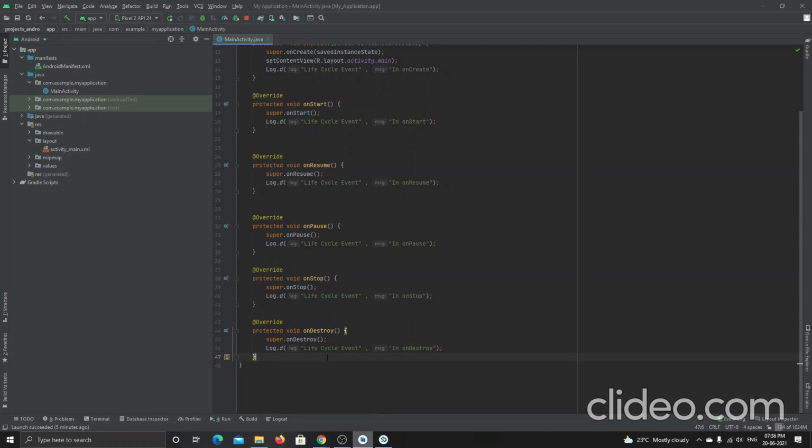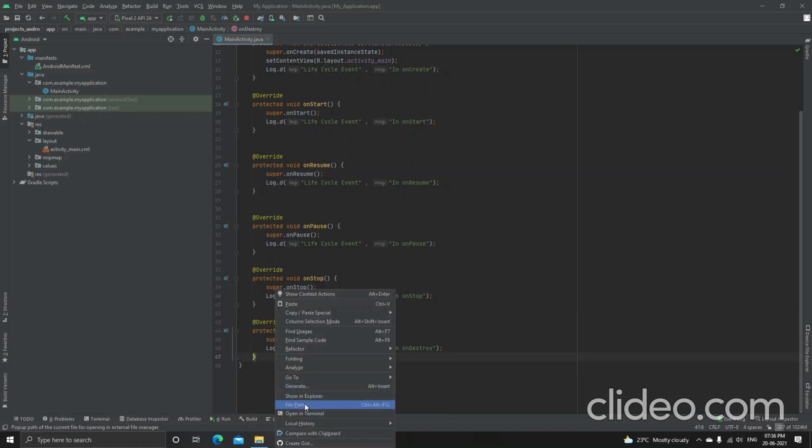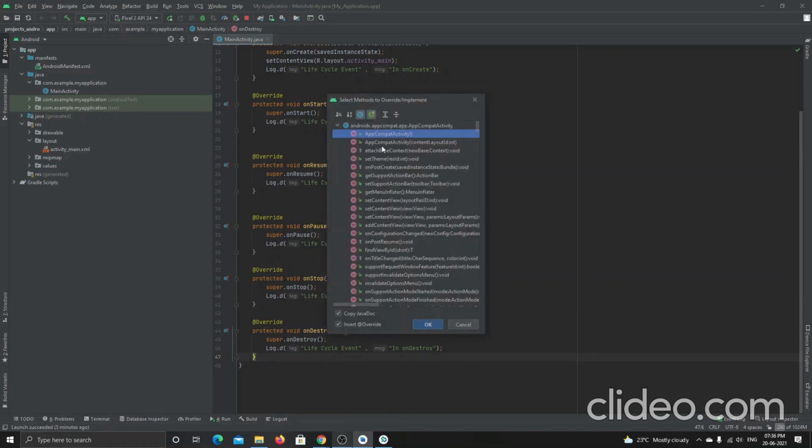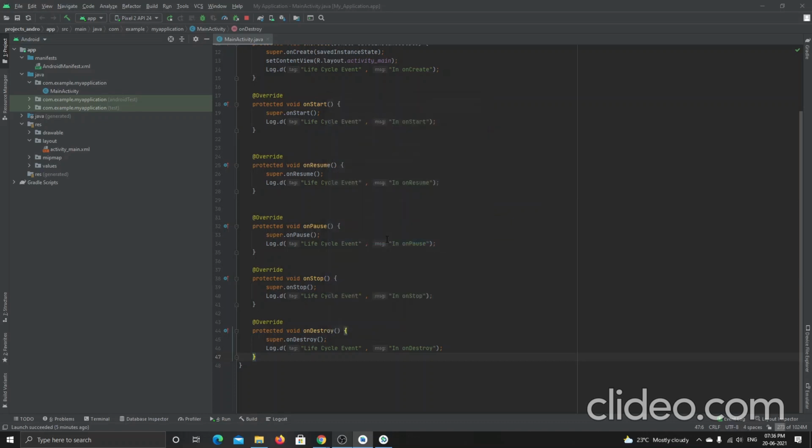After on destroy, let's generate override methods, then on restart.